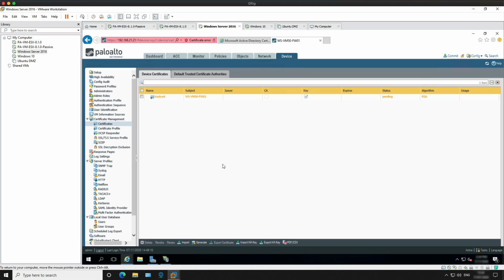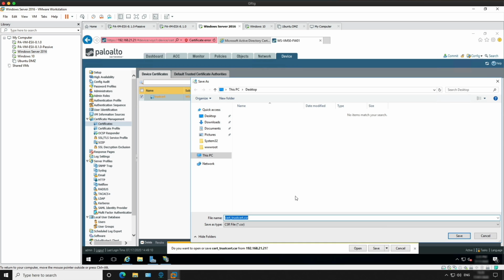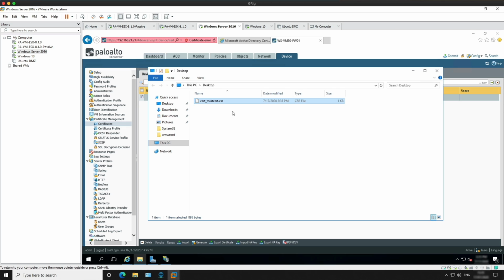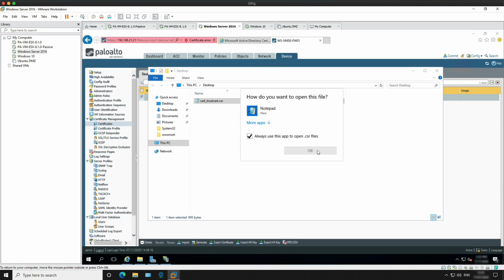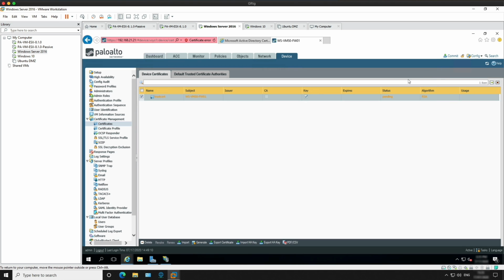Status is pending. So if we highlight the cert, we're going to export the certificate, save, and then we can just leave it at the default name and save. Then if we browse to the folder, we can open it with Notepad, and then click OK. Then select all the text, copy it, close the Notepad, close the window, and then we can go back to the Microsoft Active Directory certificate